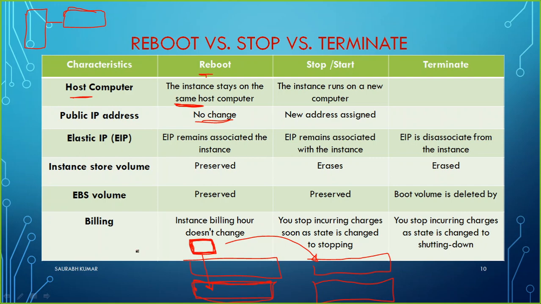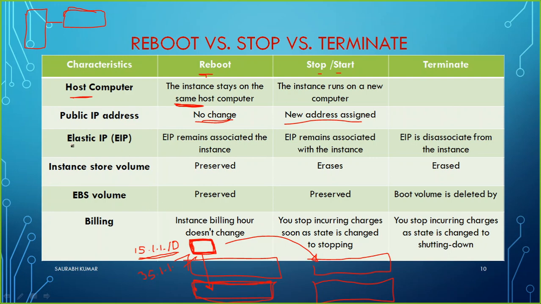Maybe right now the public IP address for this machine is 15.1.1.10. I'm just assuming like this. So if I restart, after restart, the IP address will remain the same as it is. But if you shut down, when you go to stop it and then you start, a new IP address will be assigned. So maybe right now it is having this IP, you stop the machine and then you start, you may see that now the IP address is 35.1.1.7. So the IP address will be changed because that IP will be given to any other running instance.